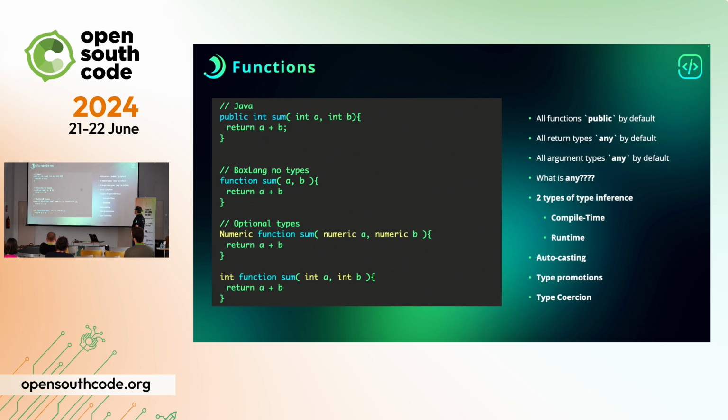You don't have to do it. We can promote the types, so they can actually promote, for example, from long to double. Or we can do type coercion, where we can go down from double to int, for example. So you can see here that when we define the BoxLang function, we just say, here's A, here's B, and then I return it. If I want to be more specific, I can say this is going to return a numeric. I'm expecting numerics. Or this could be int, or it could be double. All depends on what you want. And here, for example, here's numeric, and here's int. So you have those capabilities.